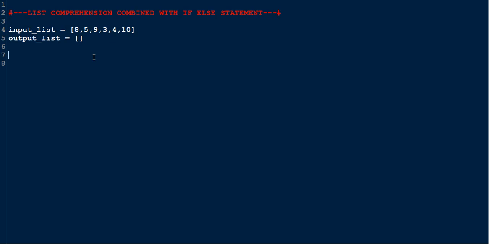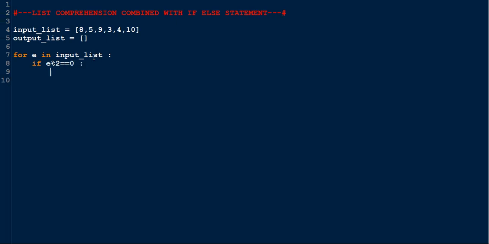In the basic and simple way, we can do it with a for loop and an if statement inside. So we can say for E in input list, we can check if E mod 2 equals 0. It means that if E is an even number, we can say output list that append E times 2,